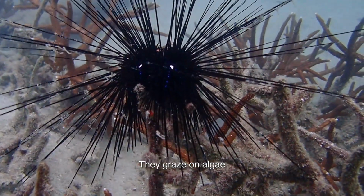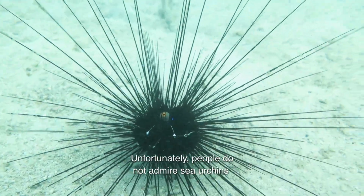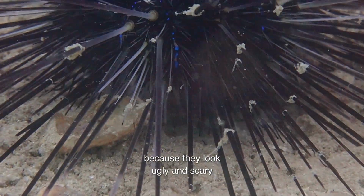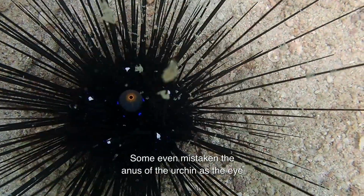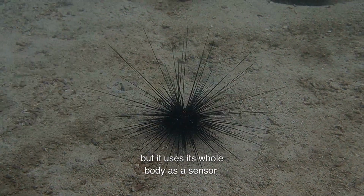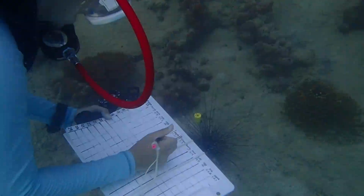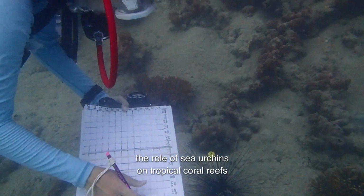They graze on algae and open up space for coral settlement. Unfortunately, people do not admire sea urchins because they look ugly and scary. Some even mistake the anus of the urchins for an eye. Sea urchins do not have eyes, but they use their whole body as a sensor to detect light and sense danger from approaching shadows. Now, Project PULIH is trying to understand the role of sea urchins on tropical coral reefs